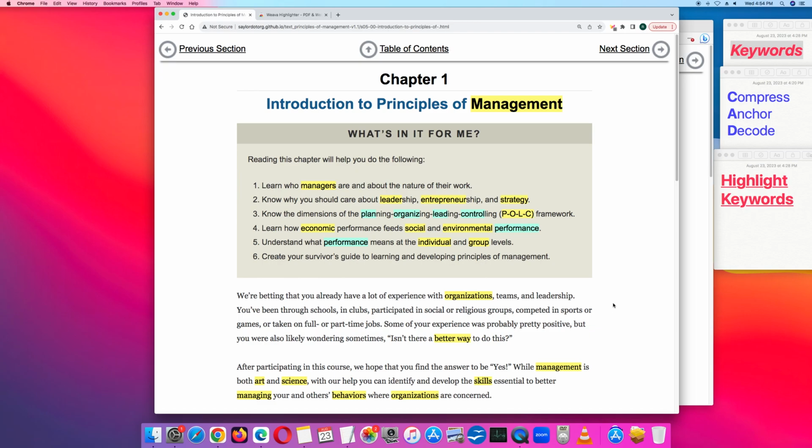So these concepts, compress, anchor, and decode, are demonstrated in this key highlighting keywords process that I just did at the beginning of this chapter. Okay. First of all, notice that probably only maybe 10% of the words were highlighted. Sometimes I didn't highlight a whole sentence. Sometimes I only highlighted, for example, in the first paragraph here, I only highlighted 2 words out of this whole